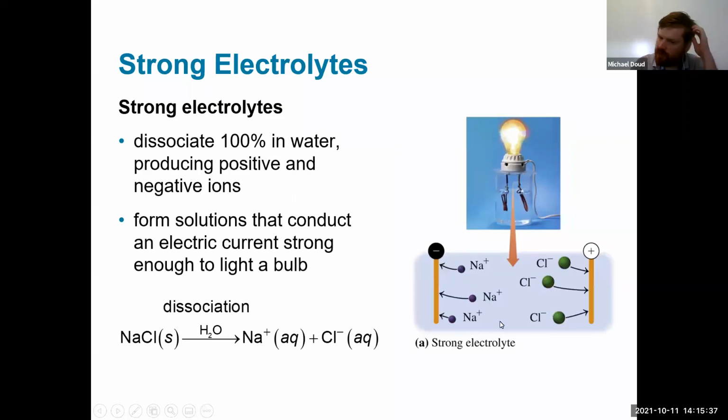Looking at the strong electrolyte here, the reason that a current can be conducted through it is because you can have net motion of ions. The chloride ions are all attracted to the cathode here. Sodium ions are all attracted to the anode here. And so you have a net flow of current, in this case, from the anode to the cathode. And that's what completes the circuit for this